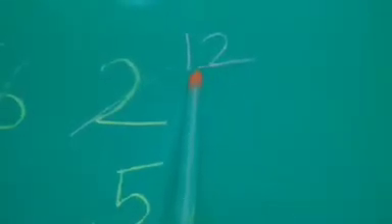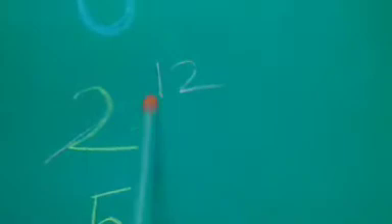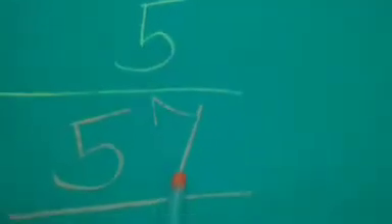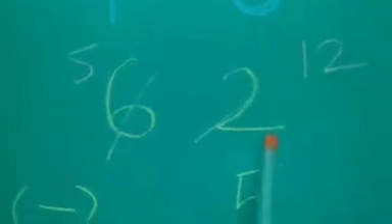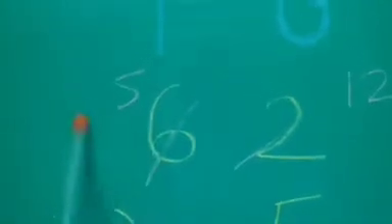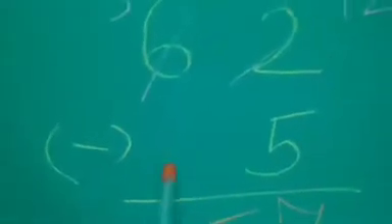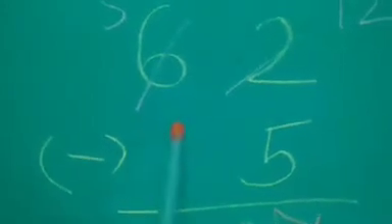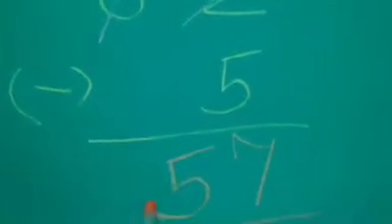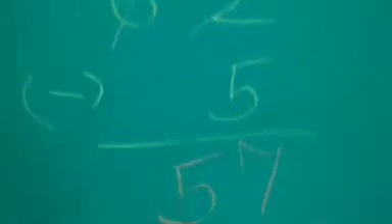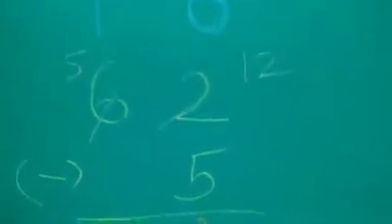Do you get it, children? So now this is the number 12 minus 5. We get 7. Next, here we gave 1, so it becomes 5 now. 5 minus, here no number, so we consider it as 0. 5 minus 0 is equal to the same number, 5. So the answer: 62 minus 5 equals 57. Do you get it, children?